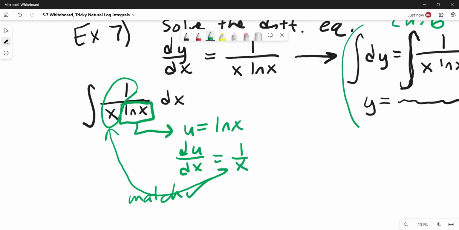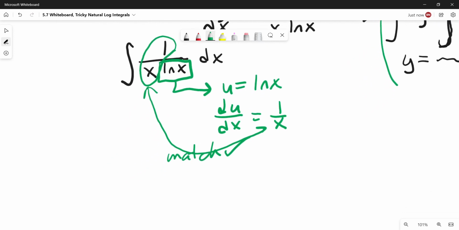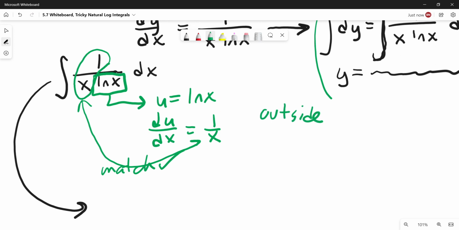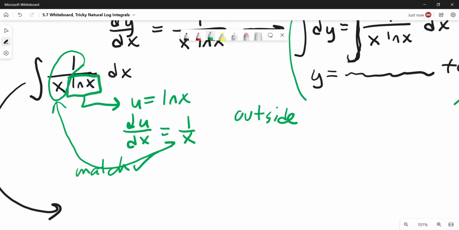All right, so we actually don't even have to do anything. This is so easy, it's hard. It fits the form perfectly, right? But now we do have to make sure we know again, okay, what is our outside function? And then what is the antiderivative of our outside function? So our outside function, what's being done to the ln x here? Again, this works so much better if it's interactive, but outside function